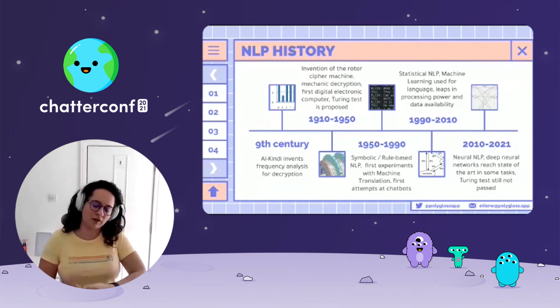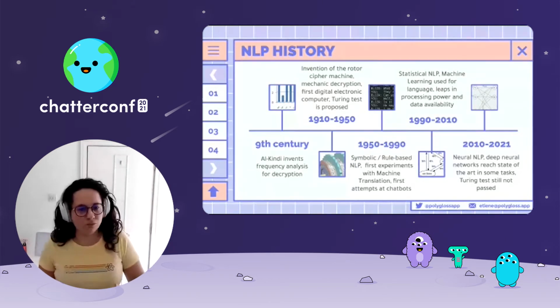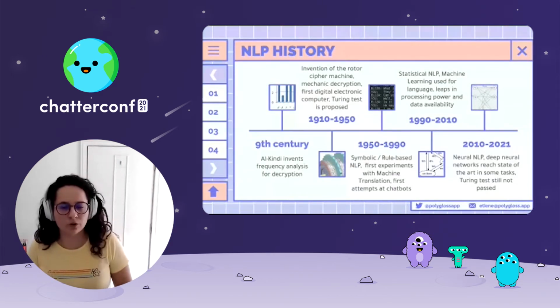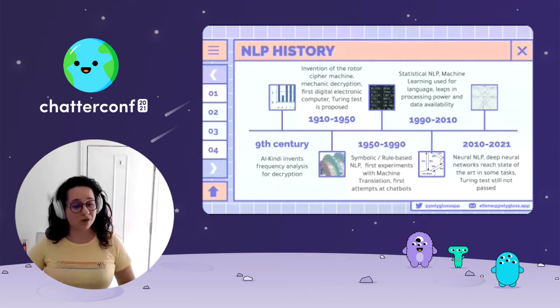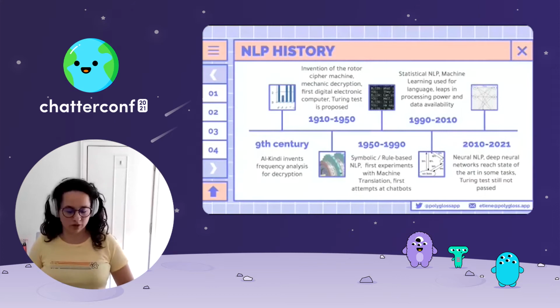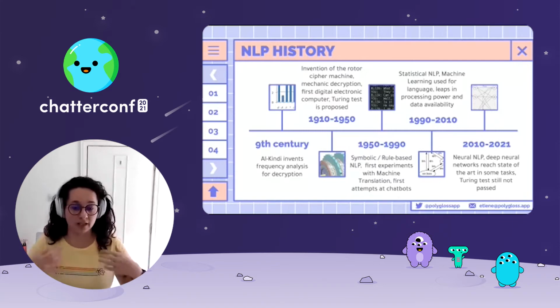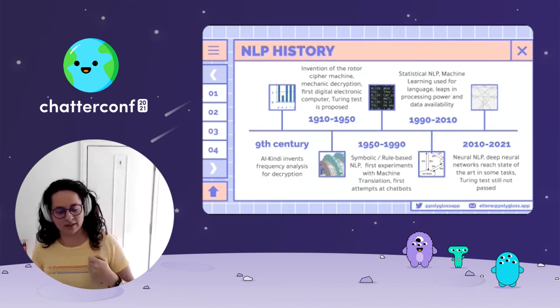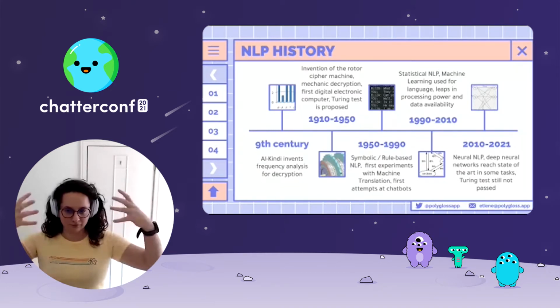You can think of computers as being very numerically focused, like doing ballistic calculations for World War II when it all started. But decryption was also a big part of it, and that's when, for example, the Turing test was proposed, when a robot can fool another human that it is a human. So it was also a matter of artificial intelligence and robots in general, and not just